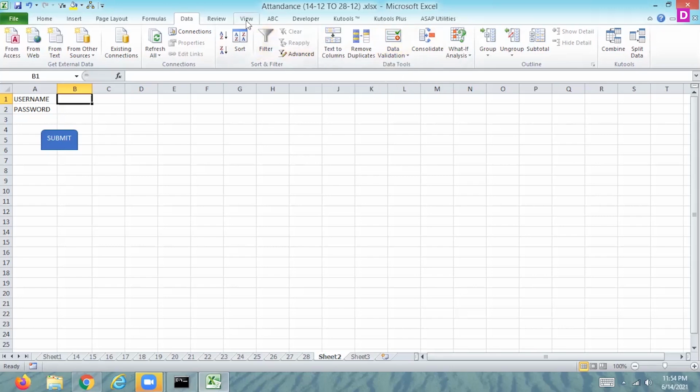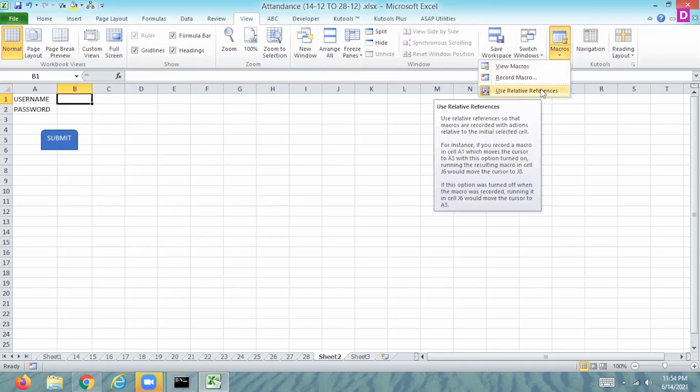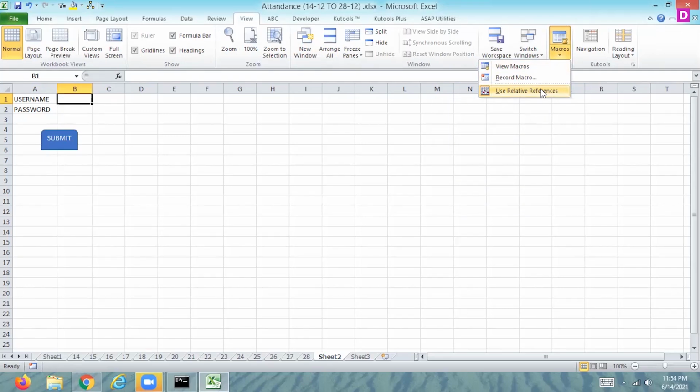Now you can see here the relative reference macro is on. You can see the cursor here. Use relative reference so that the macro records the action relative to the initially selected cell. If you record a macro in cell A1 which moves the cursor to A3 with this option turned on, it means that if the cursor is in A1 and moves to A3, then you can use the relative reference macro, because it will store the particular location